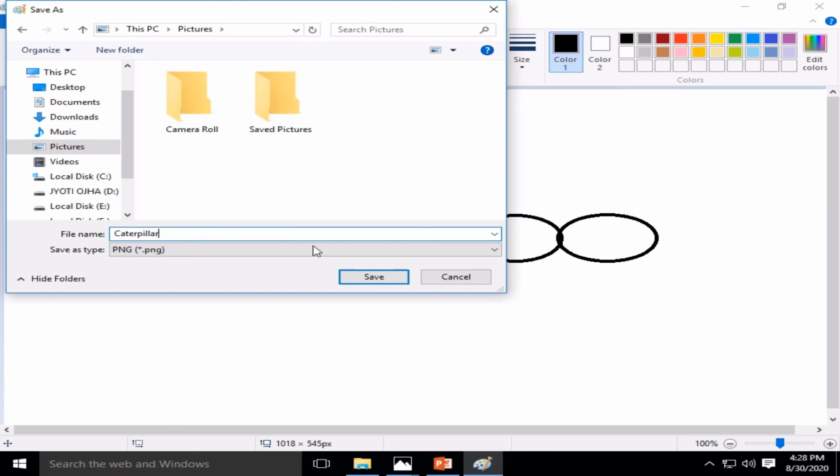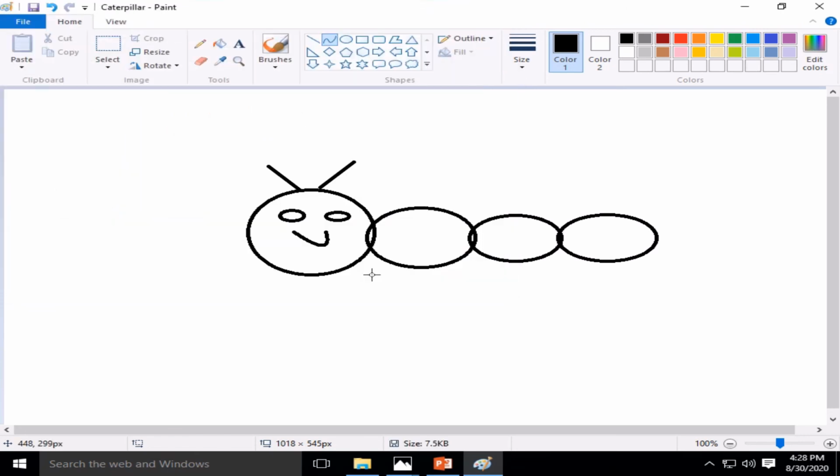Now you have to click on Save button. Now my file is saved as caterpillar. You can see the name of the file here on the title bar at the top of the screen. So by using the Save option, we can save our work.